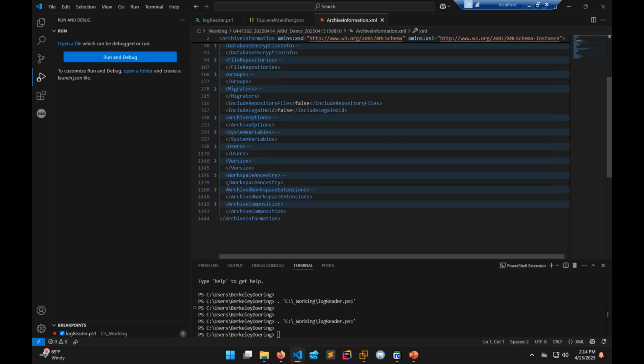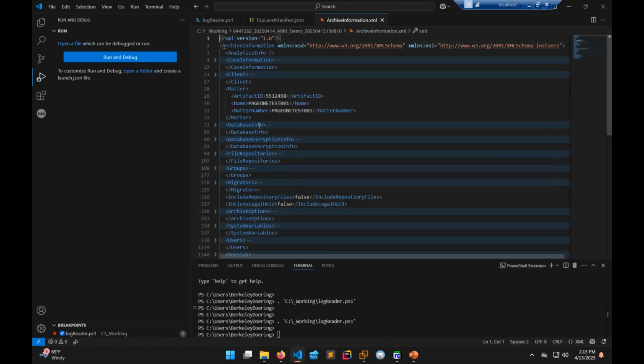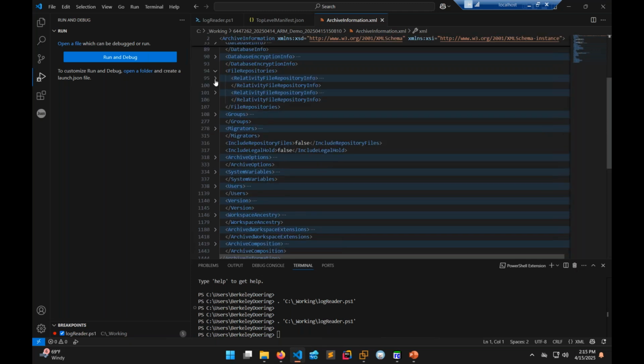So if we look at this, see in our repository files, we get our total file count here, 379. And then if we look at our non-repository, we'll see that we have 91. So the number that's represented in our XML file here is the combination of those two. So that's your total file count across both folders. So I usually verify that to make sure that when I've copied an ARM, that we've got all of the files associated with it. And then again, you want to double check to make sure you get both of your